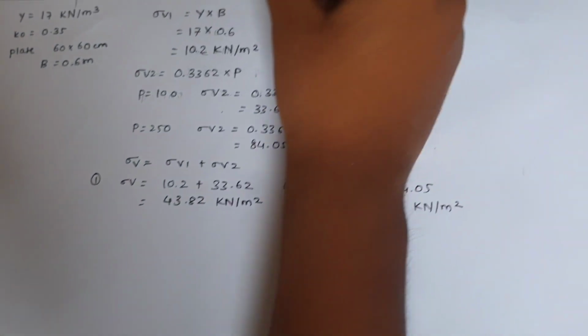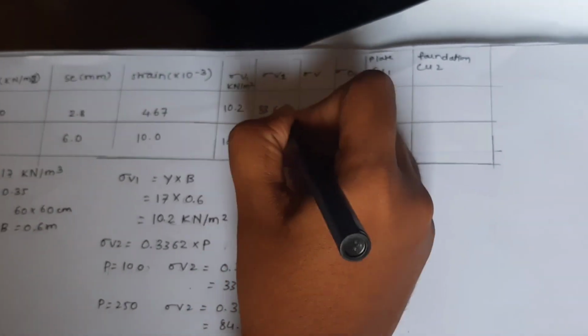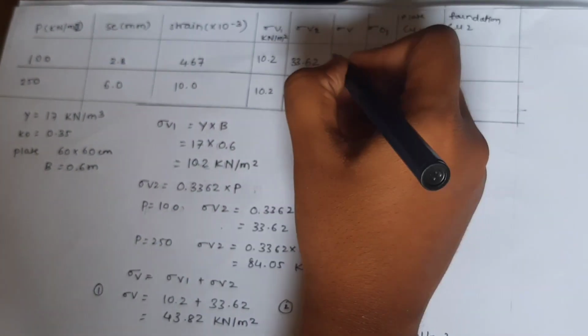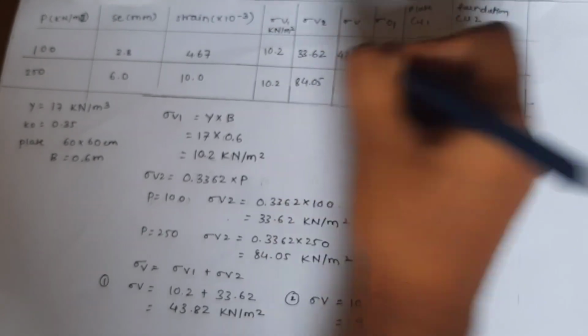Now we'll write here 33.62, 84.05, 43.83,